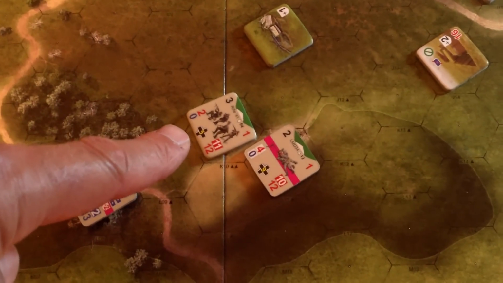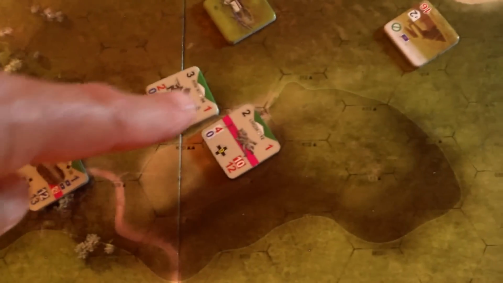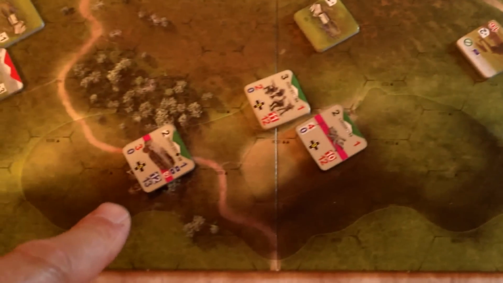The rifle unit has moved up onto the hill just next to it, 1 level below, and has also got a good field of fire there at the moment. The enemy tank has fired back at the hill, but with no effect. Subsequently, the